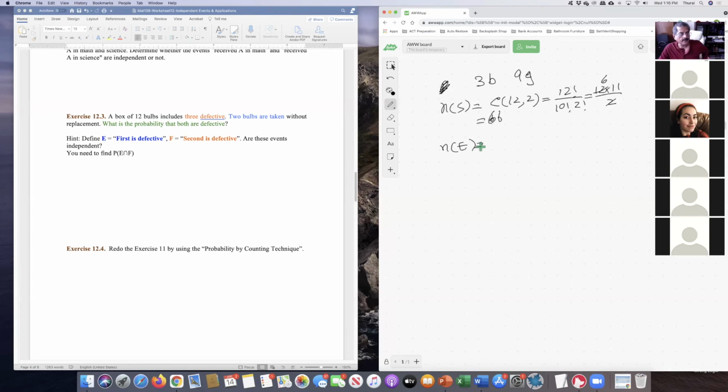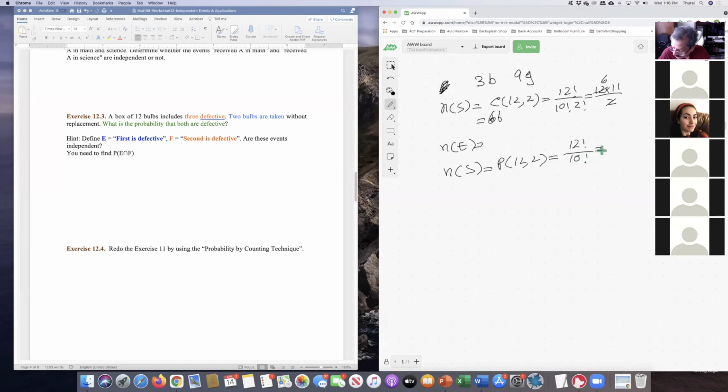First one defective means the order matters. So they're talking about first and second, so the order matters now. So I have to use permutation. I had to do the sample space again. Okay, sample space is permutation of 12 comma 2, and that will be factorial 12 over factorial 10,